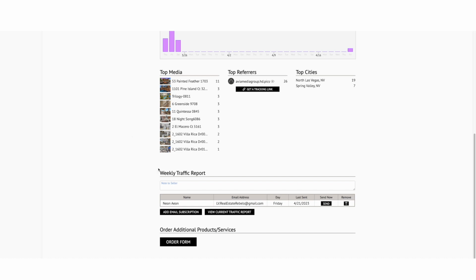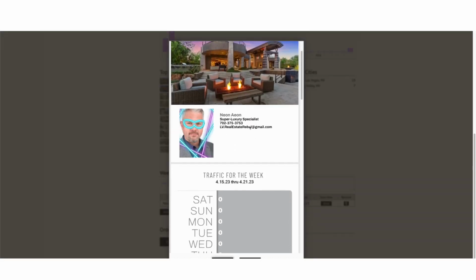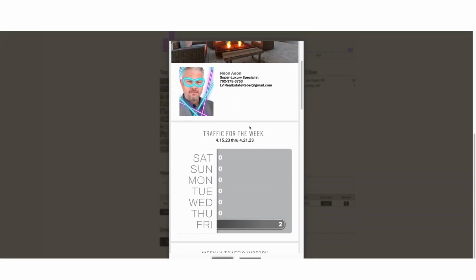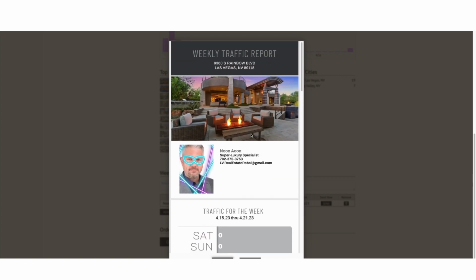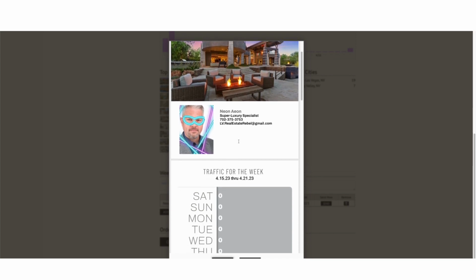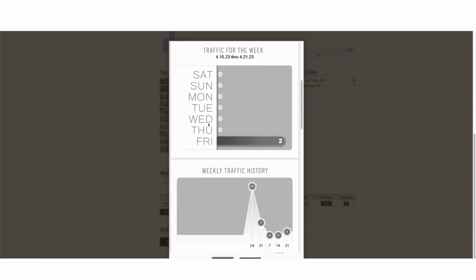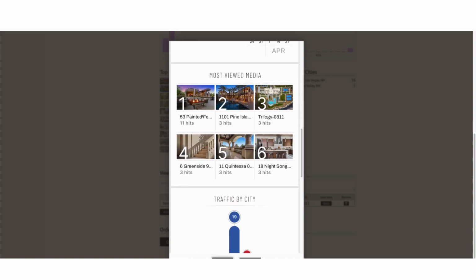The last section here is a weekly traffic report. You are automatically subscribed to this weekly traffic report, and here's a view of it. Now, this is not a real listing, of course, so this is just an example of how it appears when it gets sent to you or your client. You can subscribe your clients to this traffic report. You can see it's very professionally done, graphically aesthetic, and it shows you some really good information about the